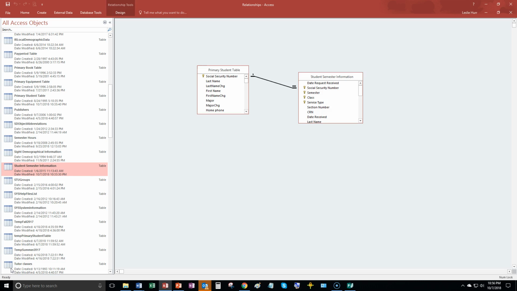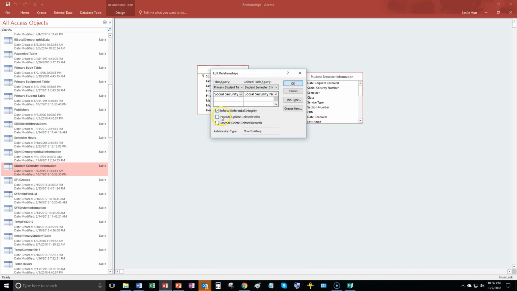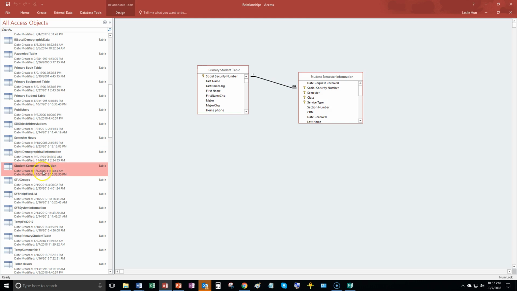So I've talked about referential integrity. Now what I want to talk to you about is the Cascade Update feature, which is Cascade Update Related Fields. But I'm going to call it Cascade Update because that's shorter and easier. So I'm going to demonstrate what it's like if you don't have this turned on. Okay? So I'm going to come here to the primary table,